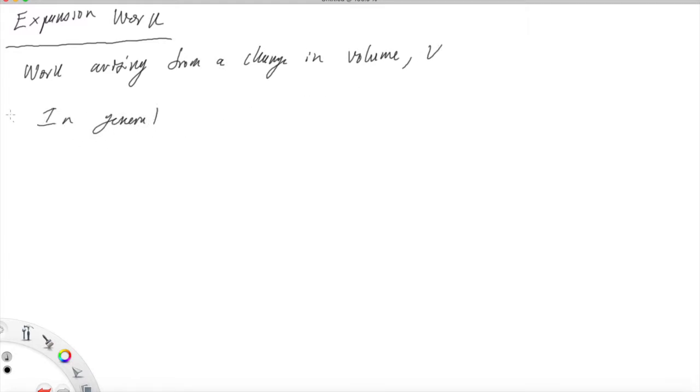All right, now we're talking about expansion work, and expansion work is work arising from a change in volume. And in general, we have that dW, which is an infinitesimal representation of work. So we could say that work is just W, but if we say the infinitesimal of work, we can say dW, okay? So we can say that this quantity dW is equal to minus F dz, and dz is our infinitesimal for distance,